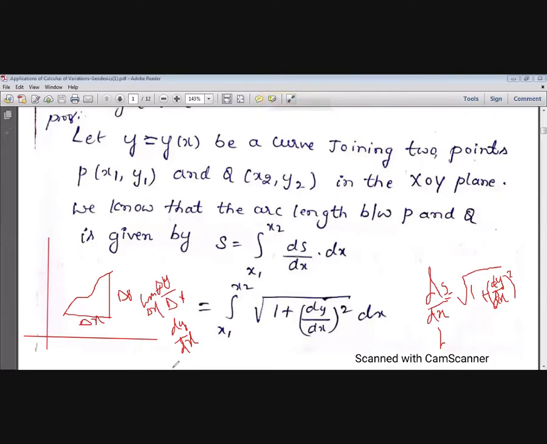S equals the sum of all the small arc lengths. Then ds by dx is root of 1 plus dy by dx whole square. This is the formula for ds by dx. You have to remember this. We'll use this ds by dx in 2-3 problems. That's why ds by dx equal to root of